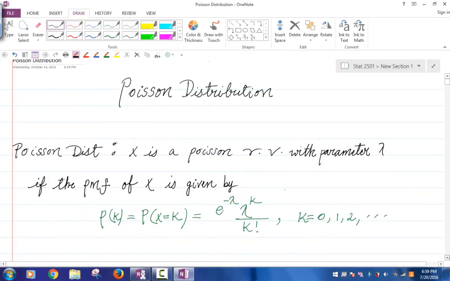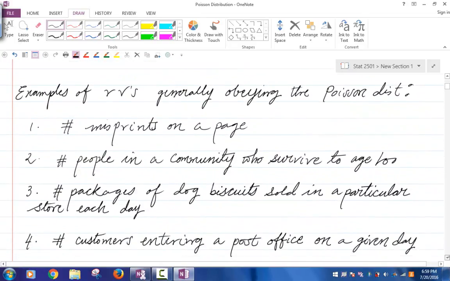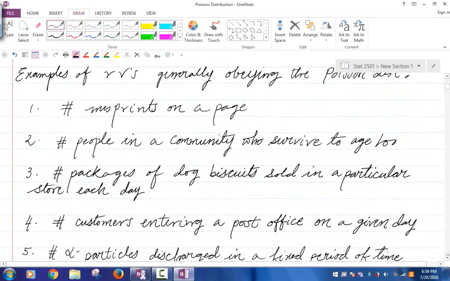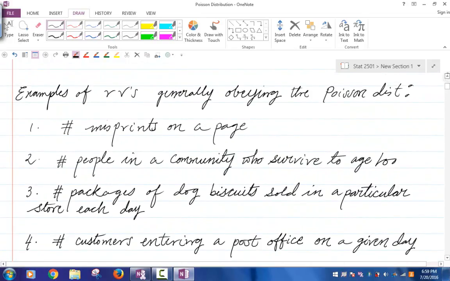So as examples, some variables that generally obey the Poisson distribution are